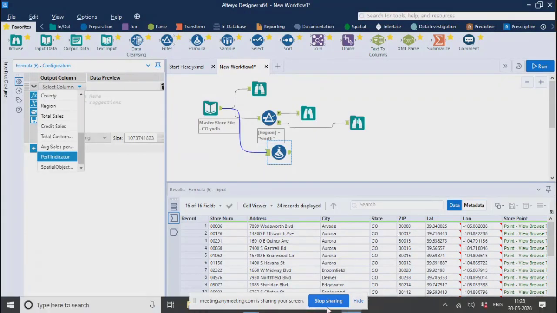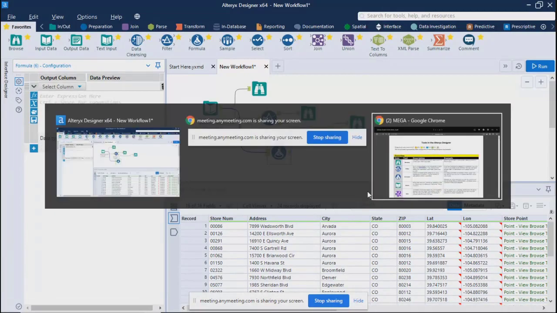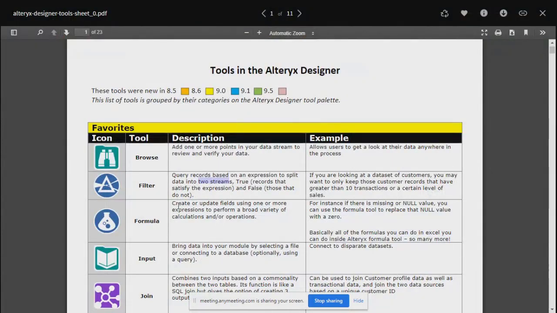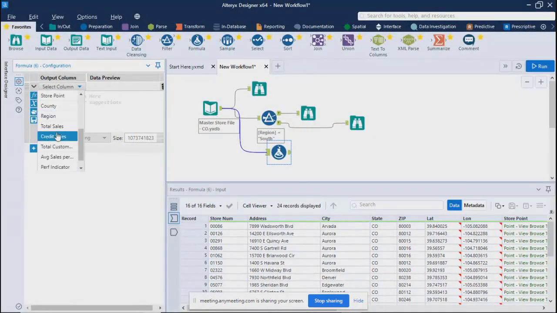That is what was written in the document also: formula creates or updates fields. Whatever you write here is going to update the existing field, and if you add a new column, it's going to add a new field. So in any case you want to add anything to your data set.